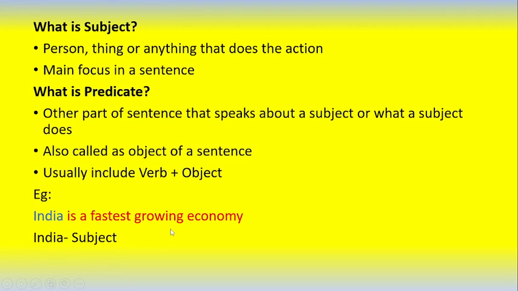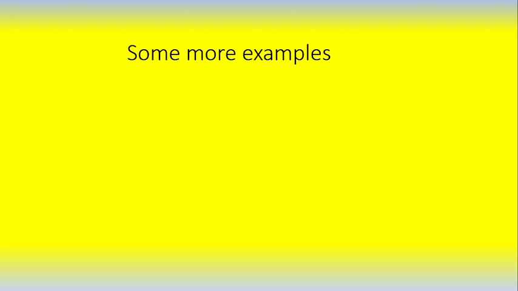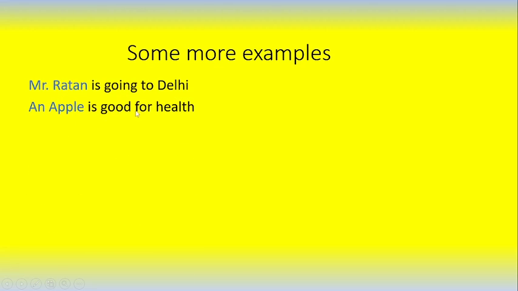Now let us understand more about subject and predicate with some examples. First one, Mr. Ratan is going to Delhi. In this sentence, Mr. Ratan is the subject, about whom it is spoken in the next line, is going to Delhi. Ratan is the doer of the action in this sentence. So is going to Delhi is the predicate. An apple is good for health. What is subject and what is predicate? An apple is the subject, is good for health is the predicate, which contains a verb